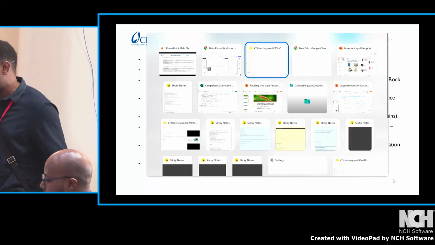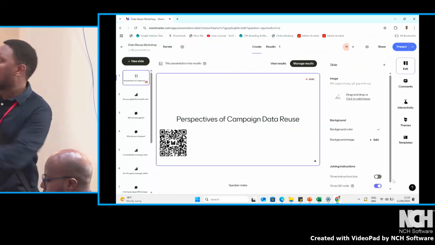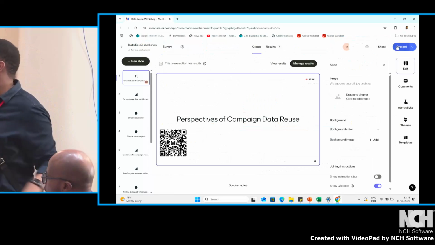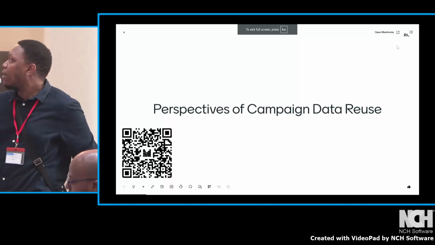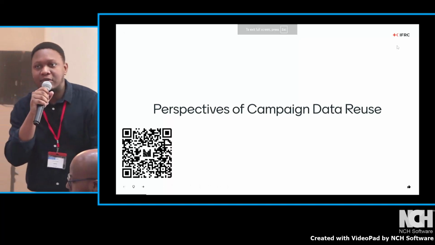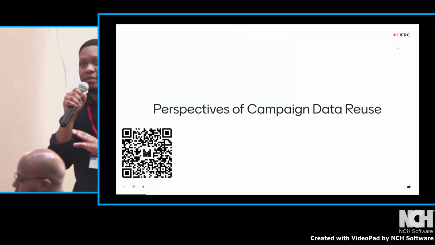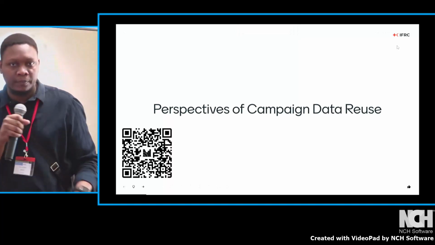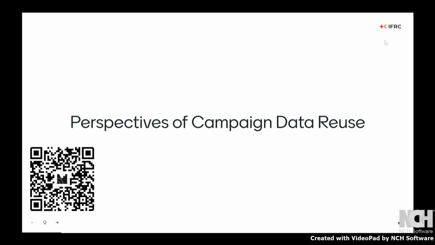I think we're now going to get the barcode up for us to scan to access the survey. I'll come around just to support with that if needed. Just grab your phones and please scan the QR code.